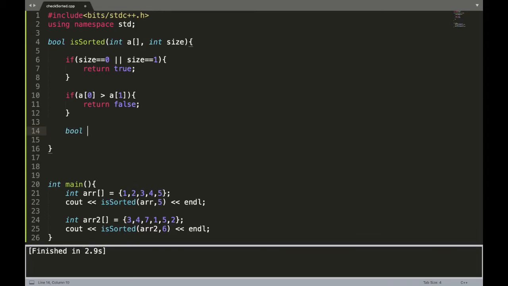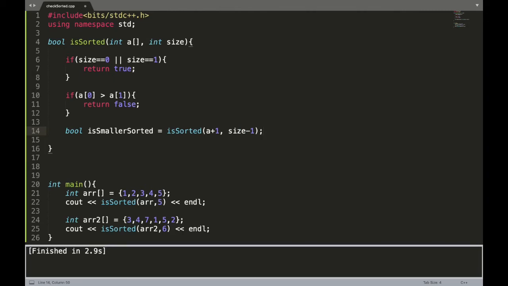Let's make a bool variable isSmallerSorted. Okay, and let's call recursion here. We call our function, the recursive call is made, and instead of passing a, this time we pass a plus 1 and of course size minus 1.